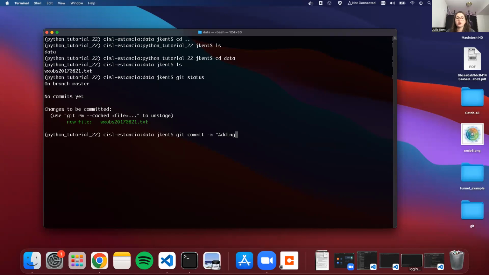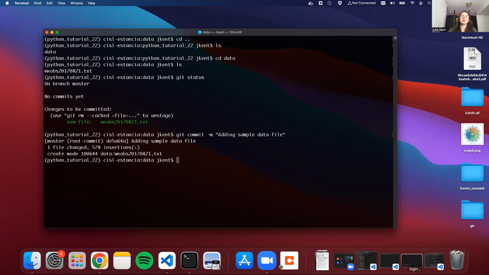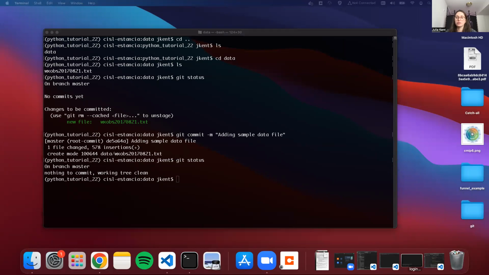So what we've done so far is we've added a sample data file. Okay, so we had a file changed. I guess it's a 578 line file, and it has now been committed, and we can see that with the git status. Oh, it says I'm on branch master. Okay, wait. So